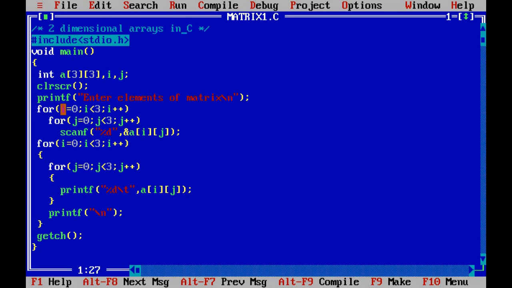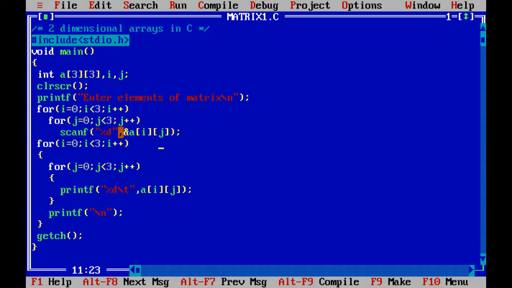To keep track of those positions, we have taken two loops here. One is the i loop, next is the j loop. The i loop will keep track of the rows and the j loop will keep track of the columns, and using the scanf statement the values are stored in the matrix.